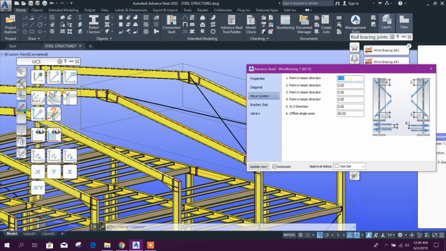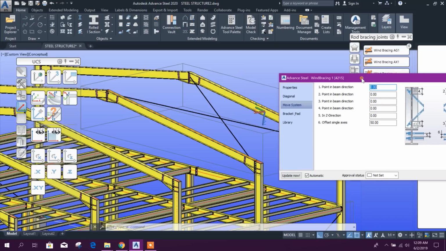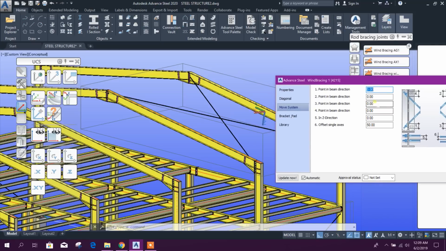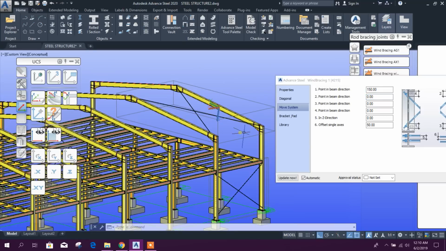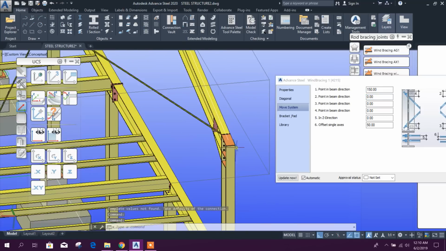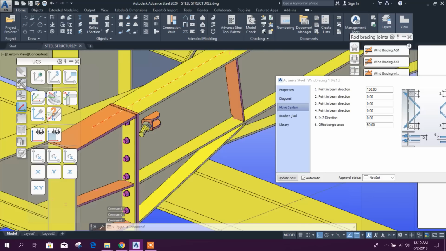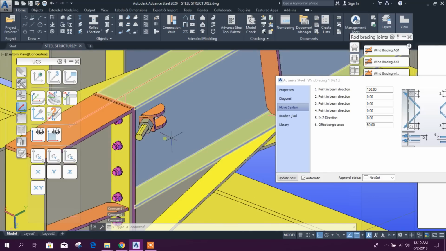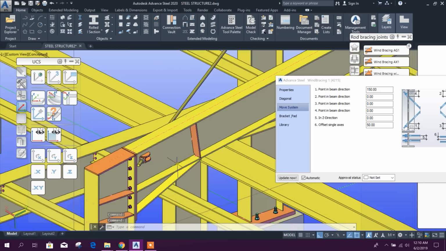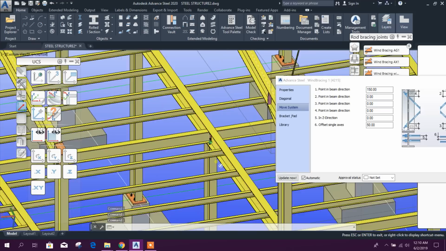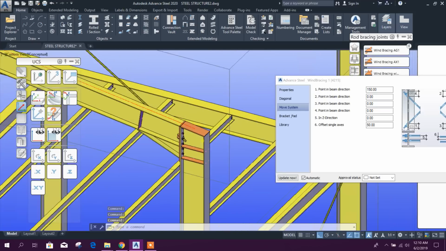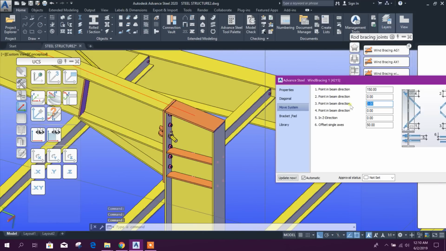Here starting I'll go for 150. We will see here where it is going. This 150, I think this is okay. This side also, this side will take 150 like this,